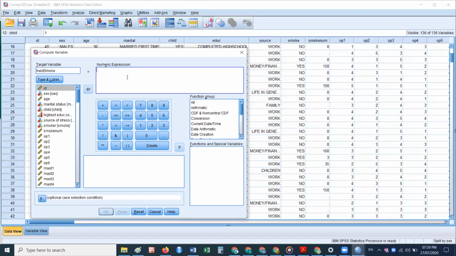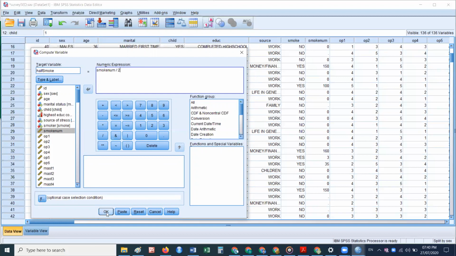Just a formula is to be defined. This is the new variable, which this file does not have. It is a new variable derived from the smoke variable. The formula should be based on a quantitative variable, divided by 2. That's a very simple formula I'm going to use: smoke num divided by 2. That is one simple formula.